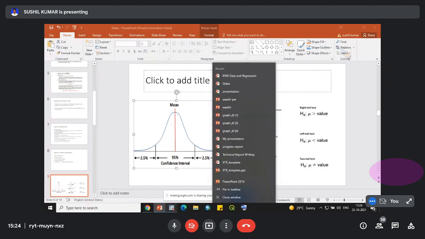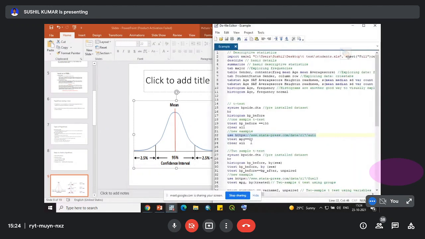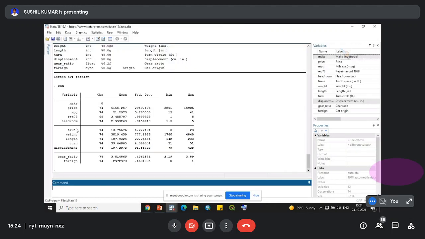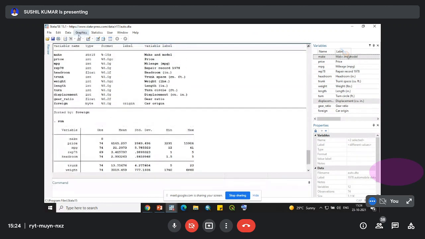For that I will use the command ttest mpg == 20. We have assumed that the population mean here is equal to 20. The mpg variable is the mileage, and we have assumed that the mileage for the bike is 20.